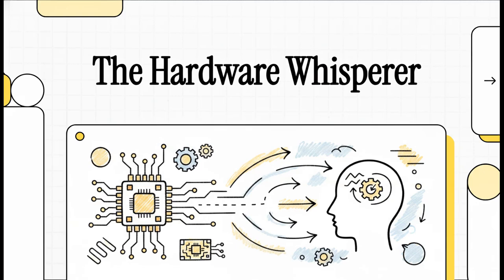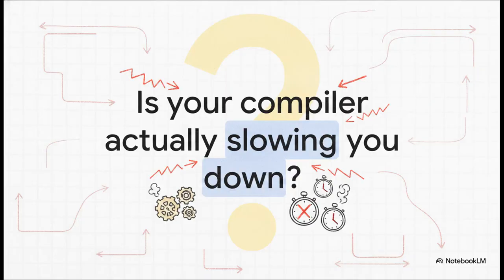Welcome to The Explainer. Today, we're jumping straight into a seriously fascinating, high-stakes topic: how we have to actively guide our compilers to unlock massive performance gains on embedded hardware. We often treat our tools like they're infinitely smart, right? But to get the absolute maximum speed and efficiency out of a processor, you really have to become a bit of a hardware whisperer. So let's kick things off by completely shattering the illusion that compilers just perfectly optimize everything automatically. We write the code, hit compile, and boom, we assume the machine code is as fast as it can